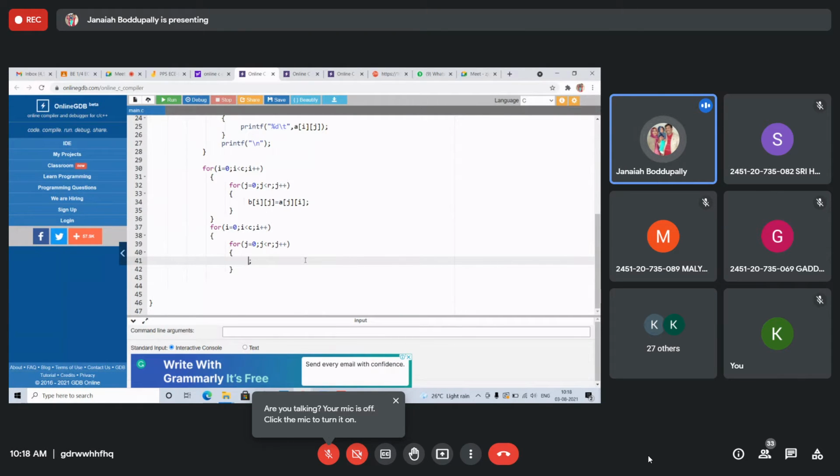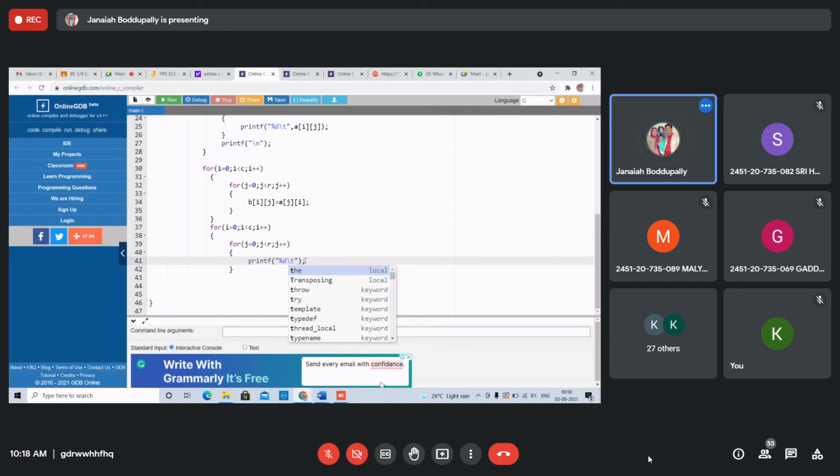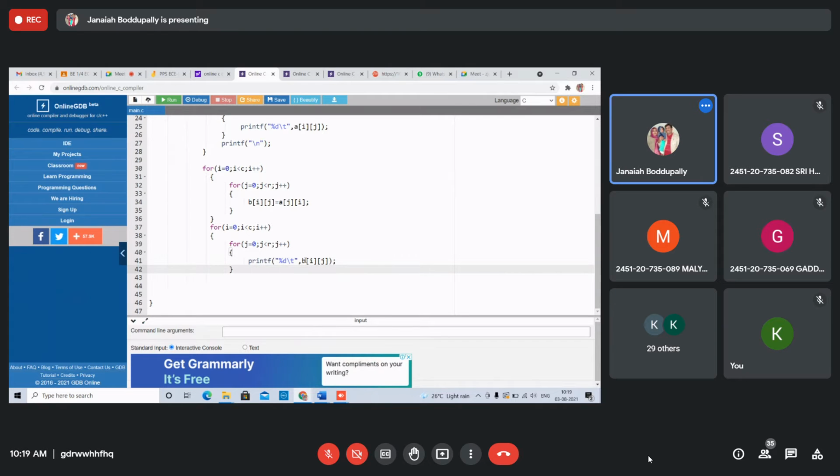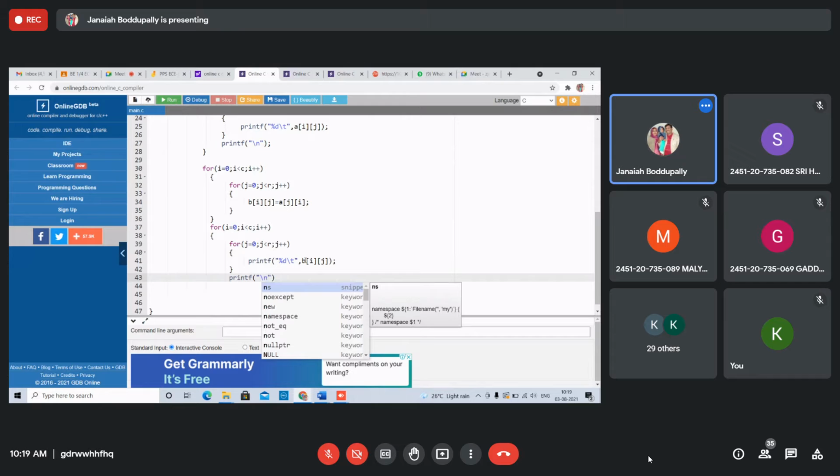Same rows and columns. printf percent d, B of I J. If you want to take rows and columns, you take J I, it's better. Right? Next, printf. That's it.